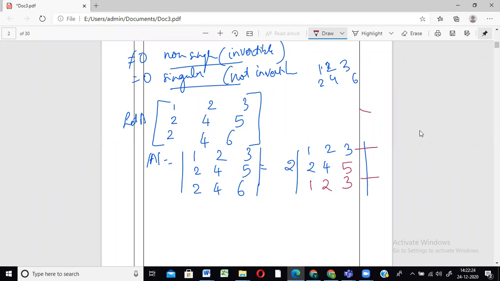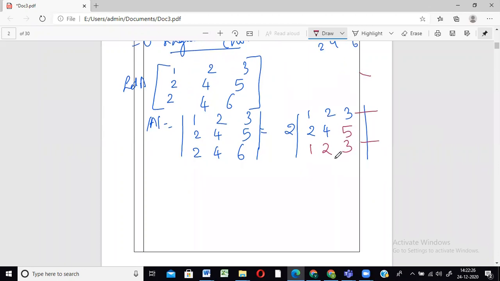So now we have a property of determinant which says if two rows or two columns are exactly the same, then the value of the determinant is always equal to 0. That is, when some ith row is equal to some jth row, or some ith column is equal to some jth column, meaning any two rows equal or any two columns equal, at that time the value of the determinant is always equal to 0. So determinant of A will be equal to 2 times this determinant, which is entirely equal to 0. So it is nothing but 0.